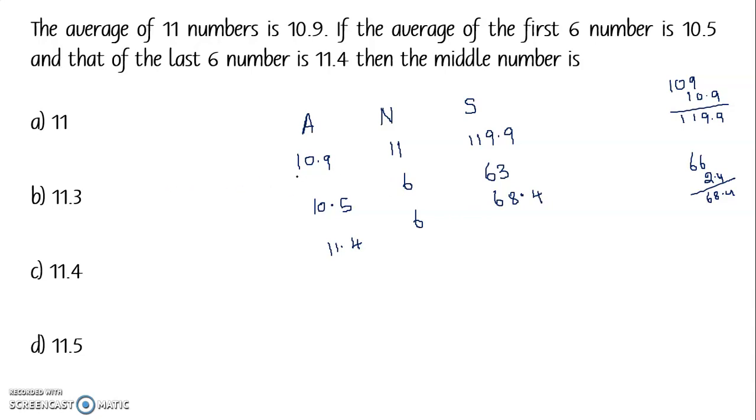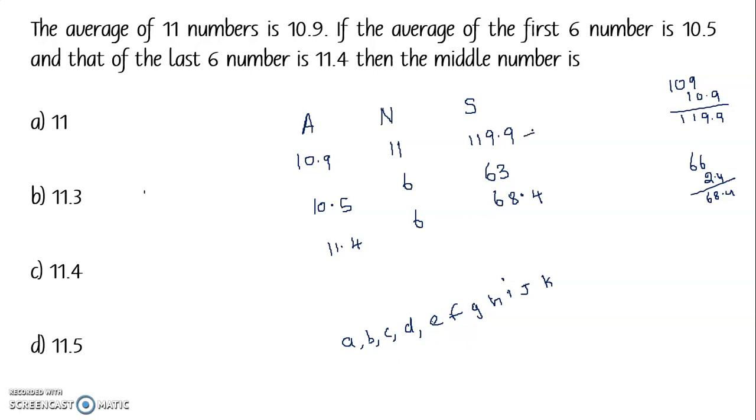Now let us say the 11 numbers, let me write it here. So 11 numbers, if I'm going to take it like A, B, C, D, E, F, G, H, I, J and K. So this will be the 11 numbers. Okay, this is I, J and K. So these are the 11 numbers. Let me write down anyways. We have E, F, G, H. So this is the 11 numbers.